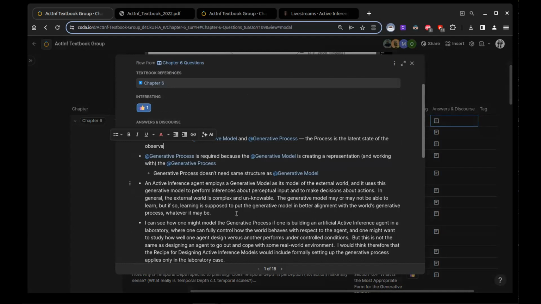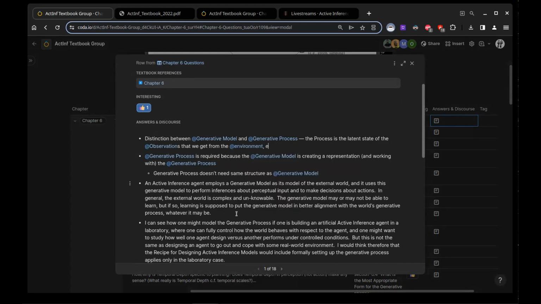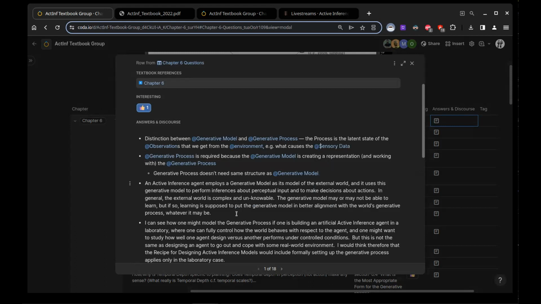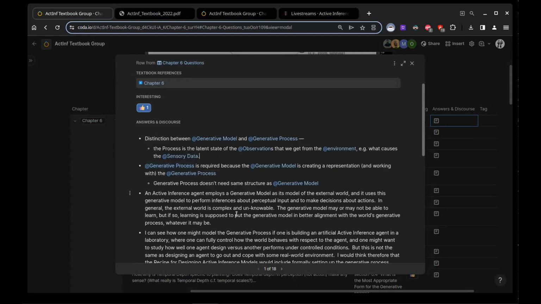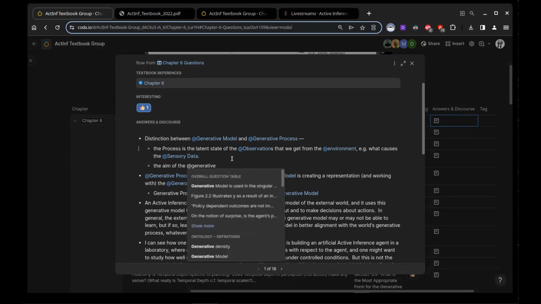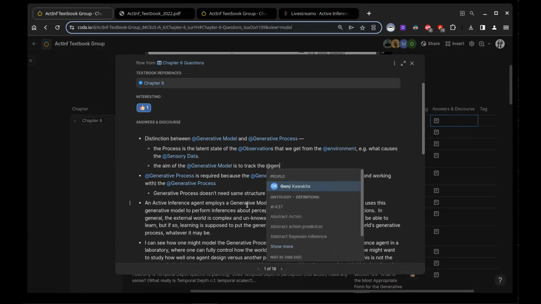In other words, what causes those data, in this case, is put into a kind of probabilistic model. On the other hand, the aim of the generative model is to provide a kind of mechanism to track the generative process as close as it can, or at least based on the situation of interest. So that's one distinction between generative model and generative process.